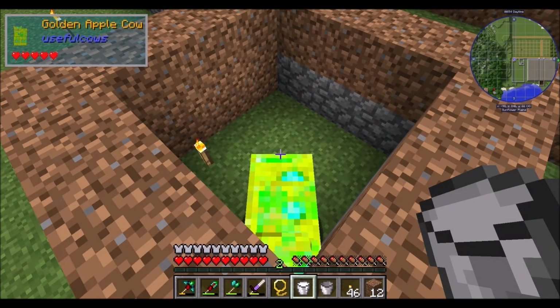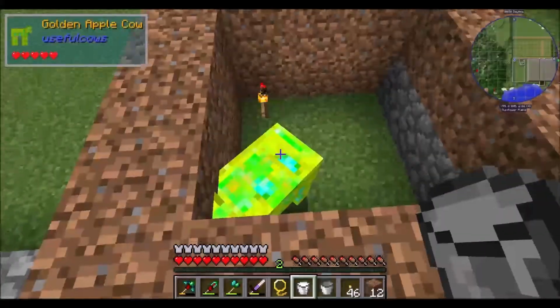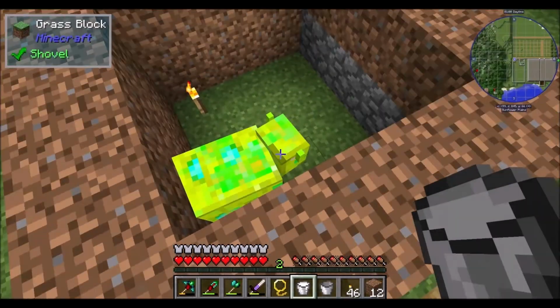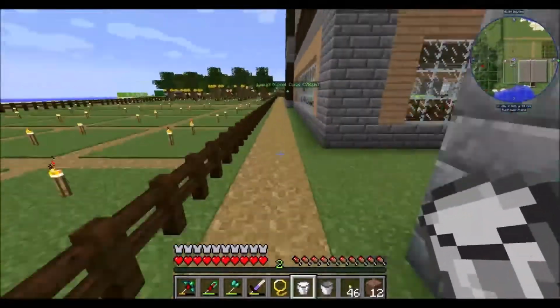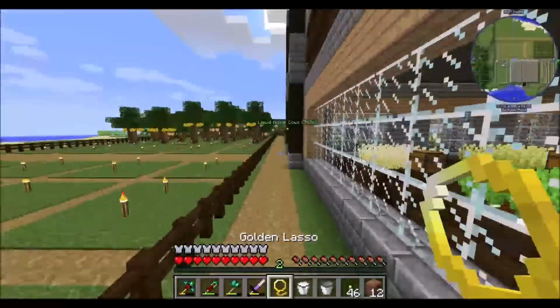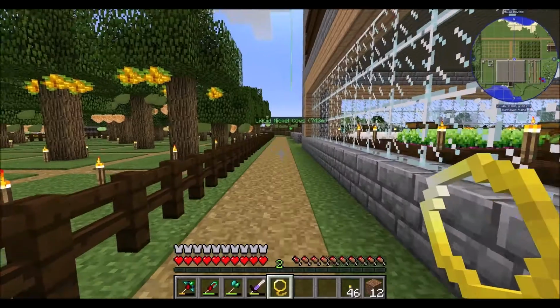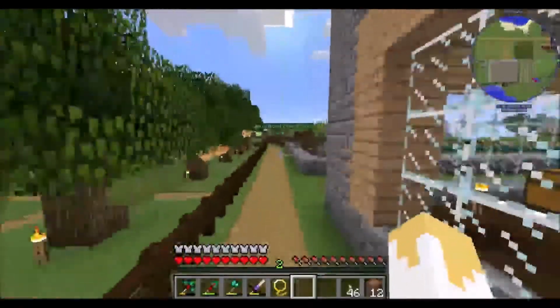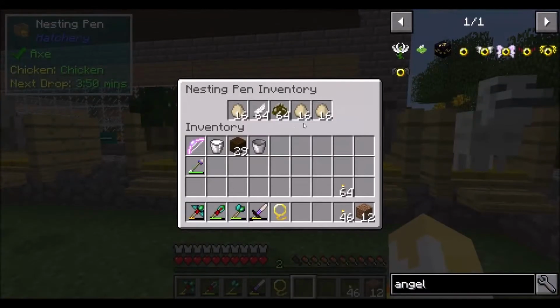So if I could find another golden apple cow and kill him... Well, breed them, and then kill their offspring. I wonder if that would give me golden apples. That's awesome. Okay, now we have to grab a regular chicken. We know how to do that and quickly. We just get a regular egg, throw it until we get a baby chicken, turn that baby chicken into...